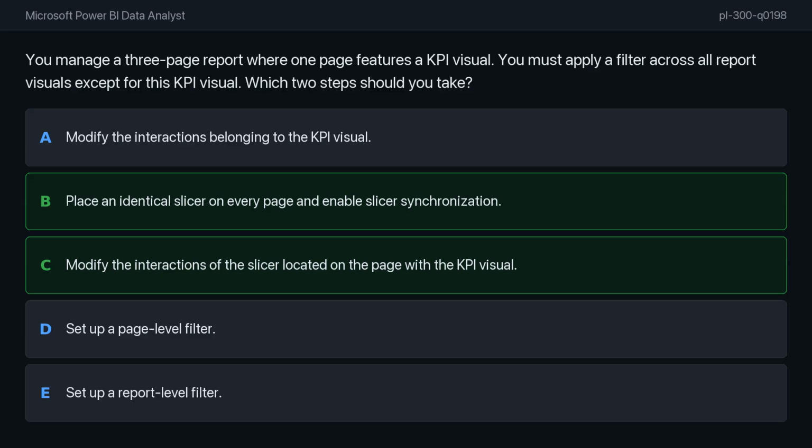I believe the correct answers are option B and option C. To filter visualizations across a multi-page report while excluding a specific KPI visualization, you must first ensure the filter propagates to all pages. You do this by placing an identical slicer on every page and enabling the Sync Slicers feature,